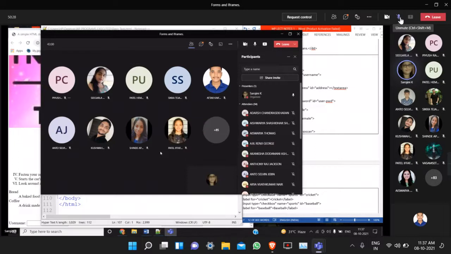That is a default property of a radio button. Any one of the given options only you can select at a time. But in a checkbox, for example, you want to create hobbies. A person may have more than one hobby, so as a developer you should allow selecting more than one option. In that case, you will use what? Checkbox. Remember, checkbox.